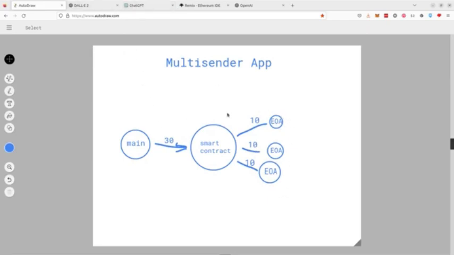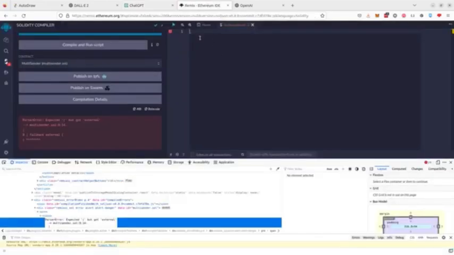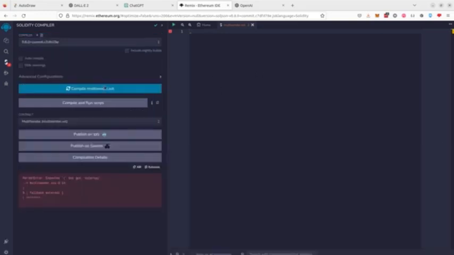I'm not going to write any line of code. The way we get this project is just by telling ChatGPT with text instructions what I want, and then it will convert these instructions into Solidity code that I will then compile here in Remix. Once it compiles correctly, I can deploy it. And at the end of this video, I hope we have a complete working smart contract that we can